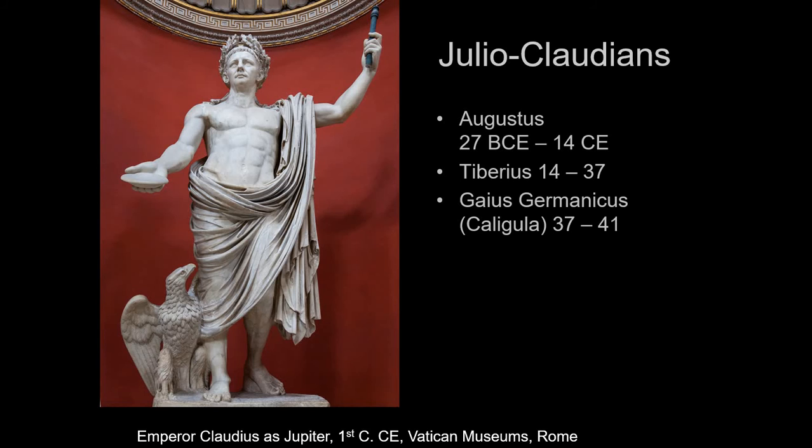He made his horse a senator. He sent the Roman army to Britain to gather seashells. He was crazy. He was nuts. He even had all of the statues remade with his face. All of the statues of the gods were remade with his face, even the female statues. So eventually, people had enough of that, and his own bodyguard killed him,